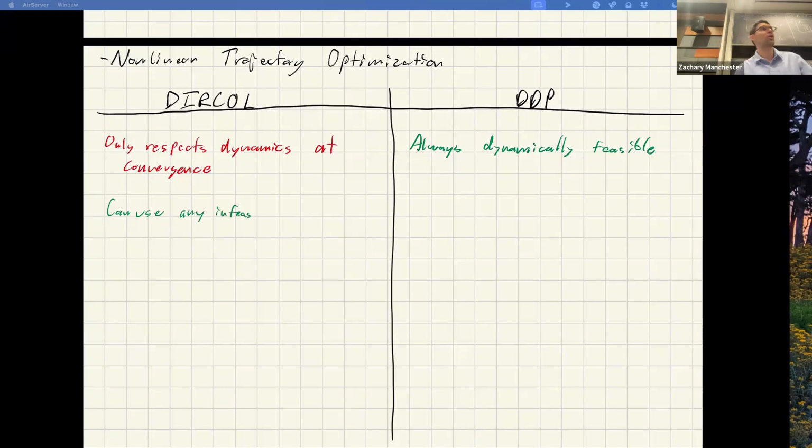And that's actually as we saw last time, right? I showed you a swing up thing where we only gave it one component of the state vector and added noise, and that let it converge super quick. So that ability can be really, really helpful. It's also very helpful if you're gluing this together with some other planner, like a sample-based planner that gives you maybe only poses or only center of mass trajectories. You can use that as a guess. Whereas with DDP, you can only guess the controls, and then you have to roll out the dynamics and get whatever you get for the states,